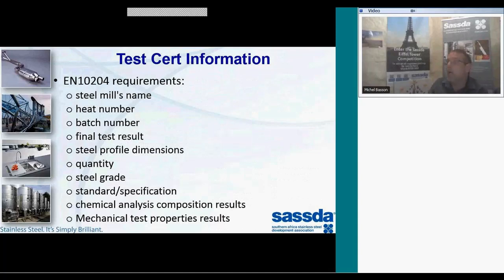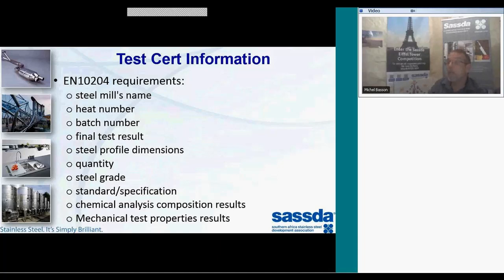Now, on the test certificate is a wealth of information. If we ask for a test certificate, it will usually be to the standard of EN, or it must be to the standard of EN 10204. According to this standard, the following items must be on this document: the steel mill's name and particulars, the heat number of the material, which is a chemical signature that is unique to that batch of material. Therefore, we will have a batch number. Then there will be final test results